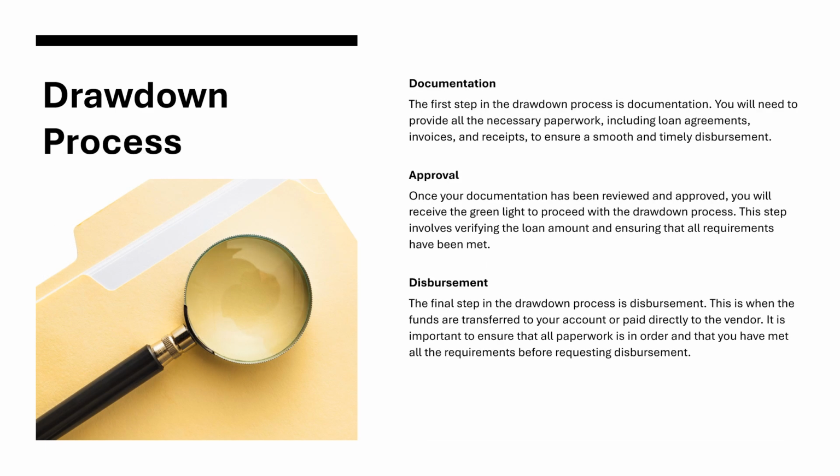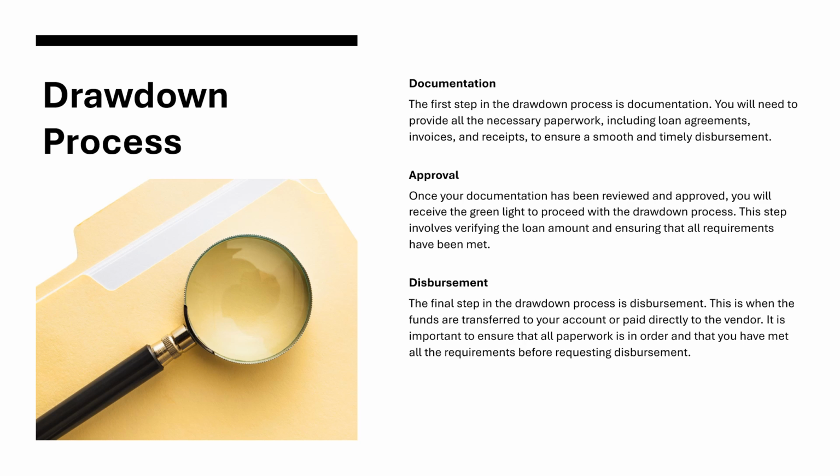Drawdown process. Documentation. The first step in the drawdown process is documentation. You will need to provide all the necessary paperwork, including loan agreements, invoices, and receipts, to ensure a smooth and timely disbursement. Approval. Once your documentation has been reviewed and approved, you will receive the green light to proceed with